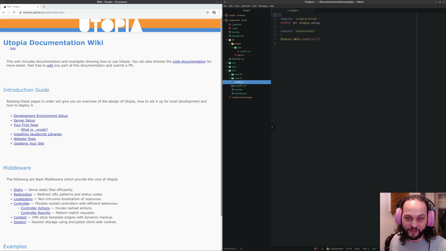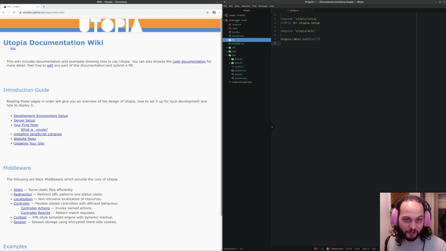And finally, this config.ru, which I think would be nice if we could simplify it, if it was somehow possible just to detect that this was a website based on a gem, and not have to specify this. But for now, I'm okay with these. Basically, the user has to specify those two files in order to have this full web application, which is defined by this gem. And I think that's kind of exciting to me because of the idea of building Utopia-blog or Utopia-wiki